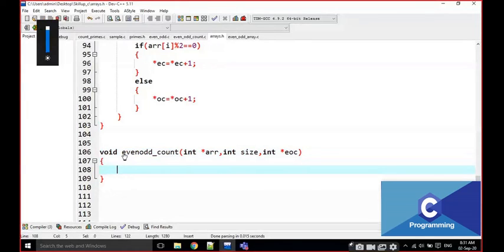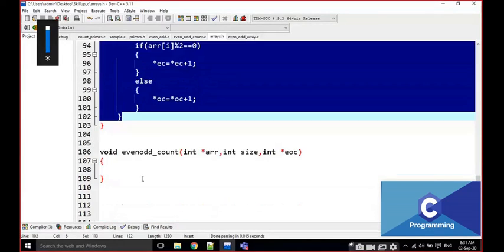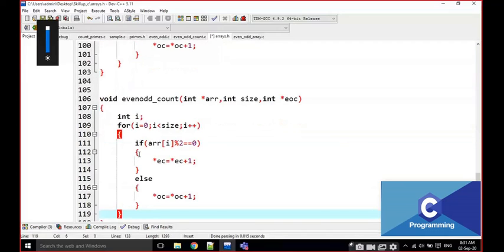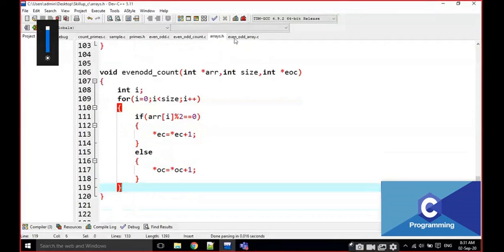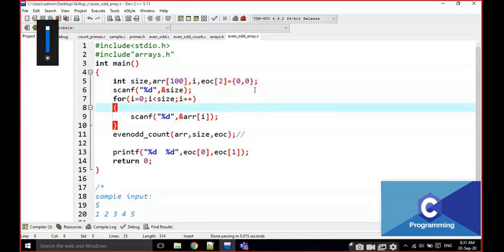This is the function definition. Here I am going to write 0, 0. It means initially I am going to take 0 and 0 here.